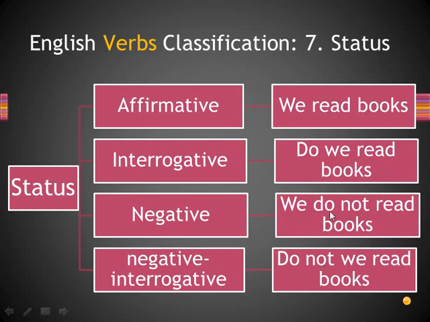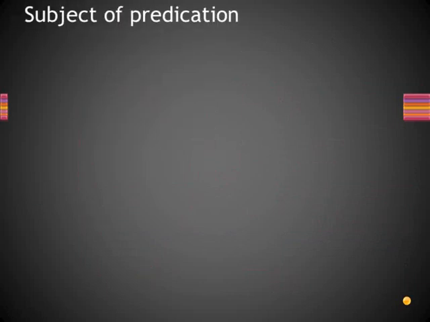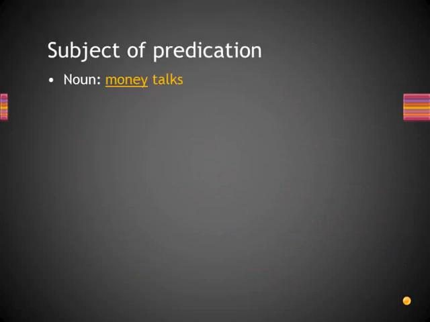For verbal sentences, do not we read books or do we not read books? So they are just the same, and we have question words. Okay, so if you find sentences, you can recognize whether they are affirmative, interrogative, negative, or negative interrogative. So those all are the 7 classifications of verb. Now we move to